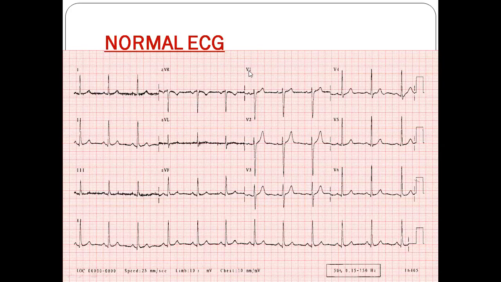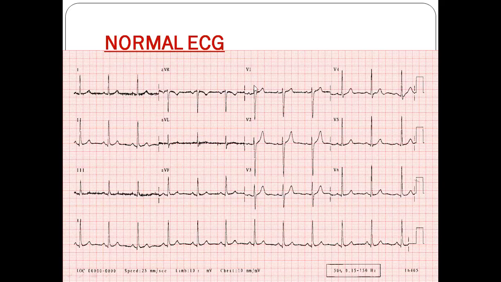V1 generally comes around the right fourth intercostal space, and V2 comes around the left fourth intercostal space, around the parasternal line. So V1 is right-sided, and as we go from V1 to V6, we go more laterally towards the apex, that is to the left side. As we keep going towards the axis of the heart, that is toward the left side, the R wave starts picking up. Since it is a right-sided lead, there is more conduction pathway from the right side of the heart. That's why there is more negative deflection. As we go towards the left, there is more positive deflection.